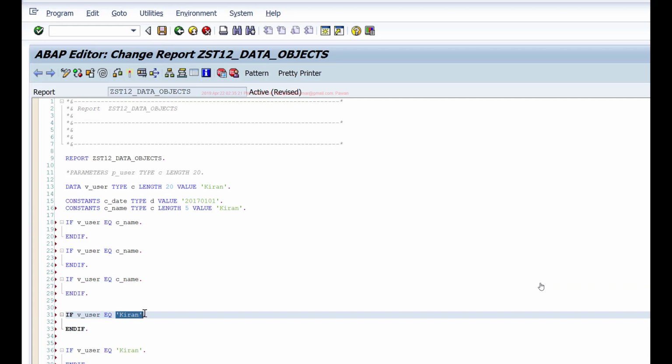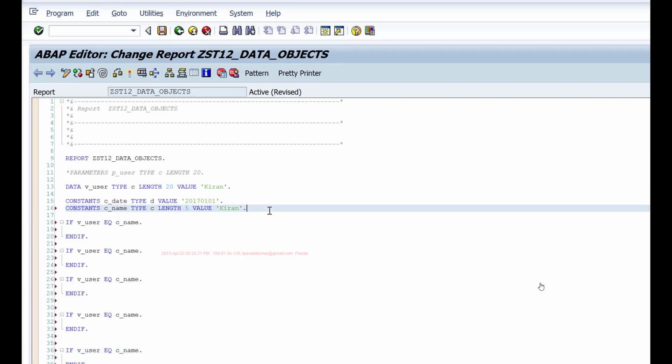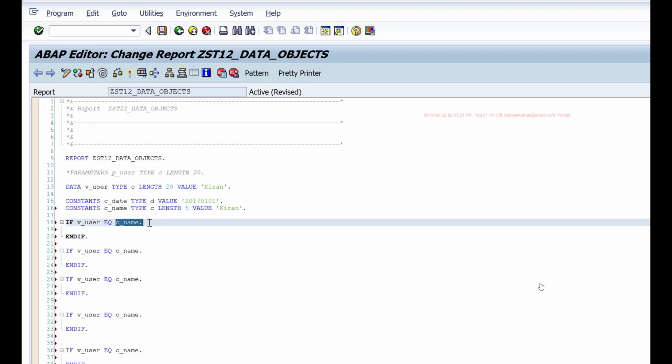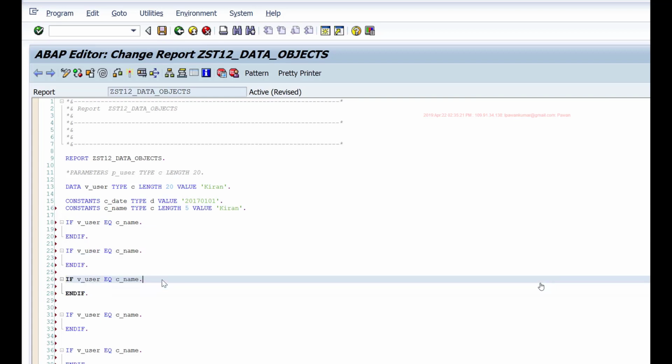there are 2 advantages of doing this. A literal is anyway constant. It doesn't even have a name. So you just type something and it occupies memory, and that's about it. You cannot reuse it, and you cannot change anything or access it again. With constants, it is having a constant value, but when I'm reusing that, it is not occupying new memory each time I'm using it. It just occupies some 5 bytes of memory when I'm defining it, and later I'm simply comparing that memory. So I'm not occupying any extra memory each time I'm doing this comparison.